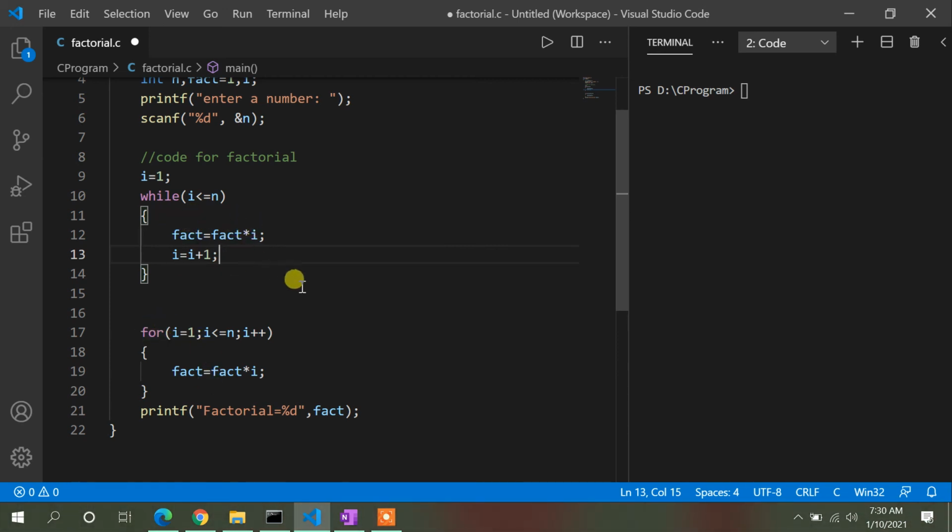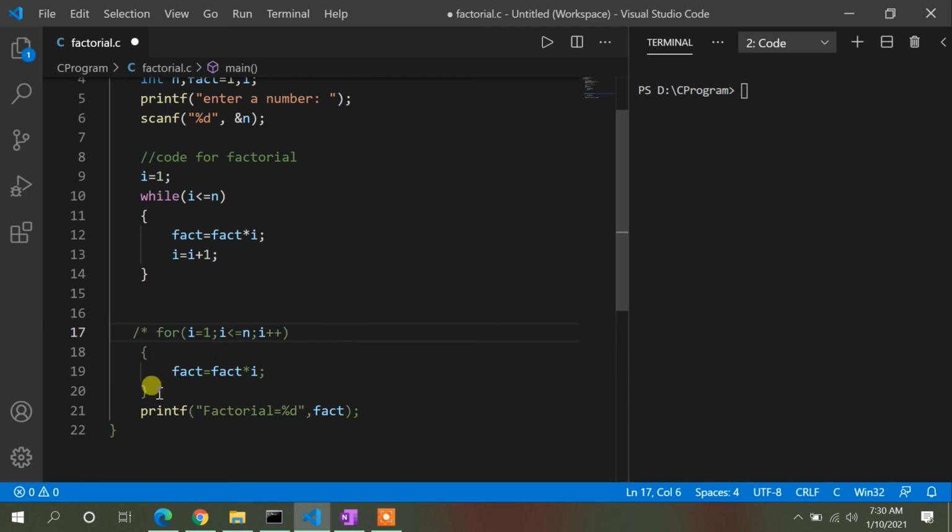So will it work for finding out the factorial? Obviously, because there is no change in the execution style, but the writing style is different. The execution style will be similar for your program, because the initialization will be done one time. Then we have to check the condition. Then we have to perform fact equal to fact into I. Then I am going to increase the value of I. It is the same thing we did with the for loop. So the code will work fine and it will give you the correct result.